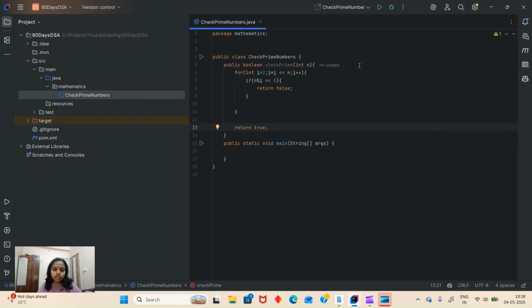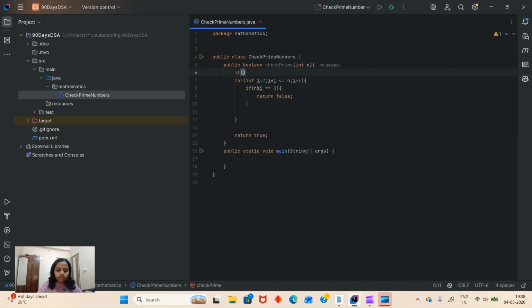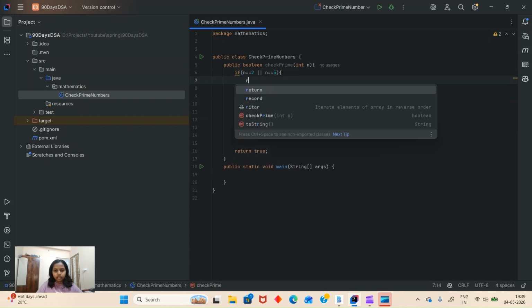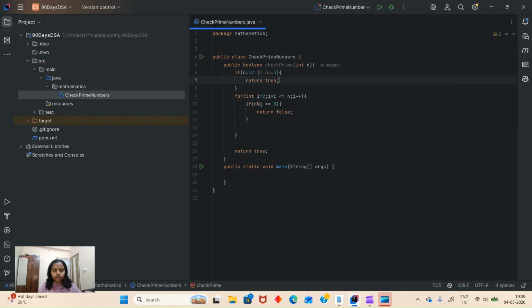And in the starting, we have to check if n is equal to 2 or n is equal to 3, then we'll return true anyway.